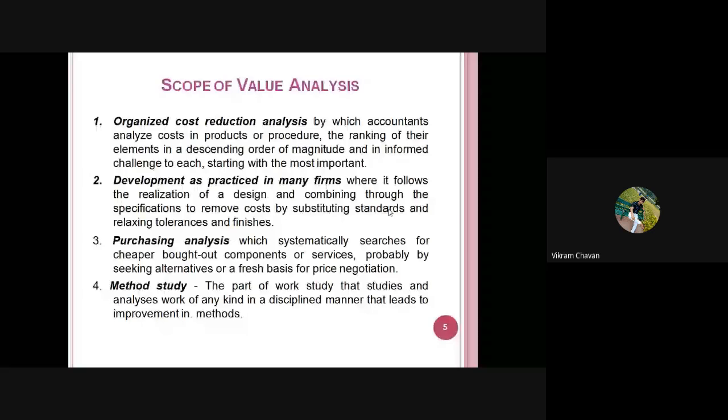That is nothing but simply a method study. Eliminate the unwanted processes from the manufacturing processes, or reduce the manufacturing time, and that will lead to method study. As you perform the value analysis, it will help the method study, and that will be helpful to reduce the manufacturing processes, which will lead to reducing the time required to produce the component,